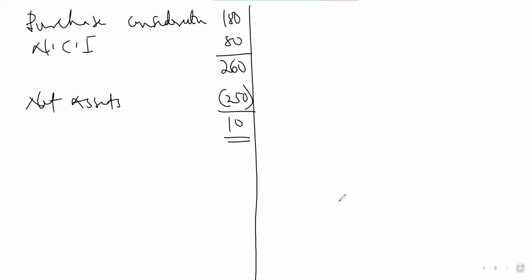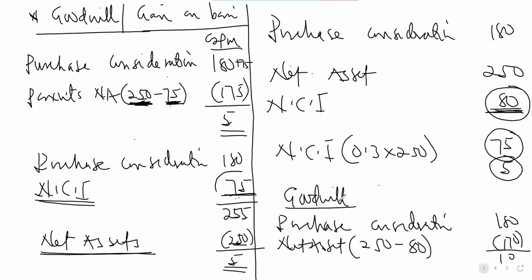Okay, so since the NCI is having the share of the goodwill, any impairment on the goodwill will be shared in the proportion of their ownership. So that's why part of the goodwill will be shared to NCI, and part of it will be for the parents. The situation where NCI is having only the share of the physical asset, impairment of the goodwill will be for the parent because the goodwill belongs to only the parents. So that's why if you're using proportionate method, impairment charge will be for the parents alone.